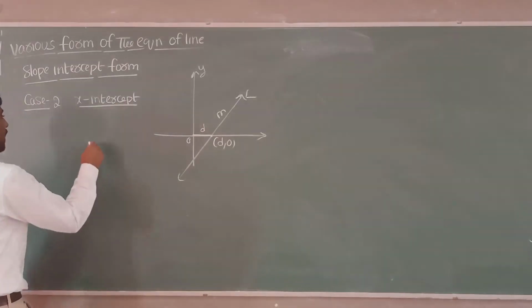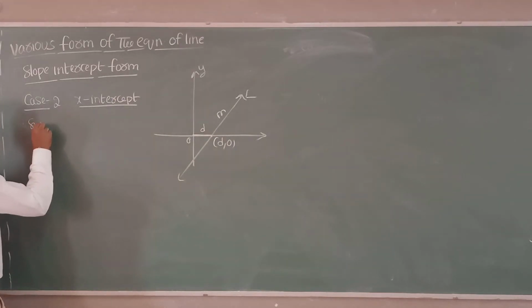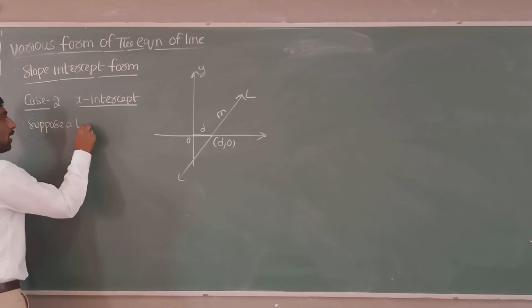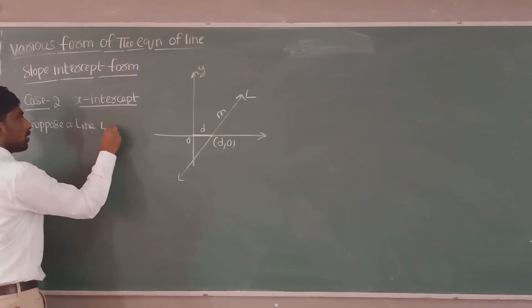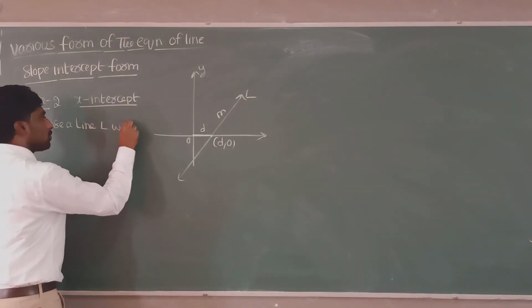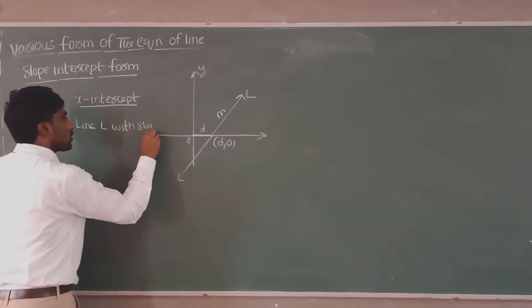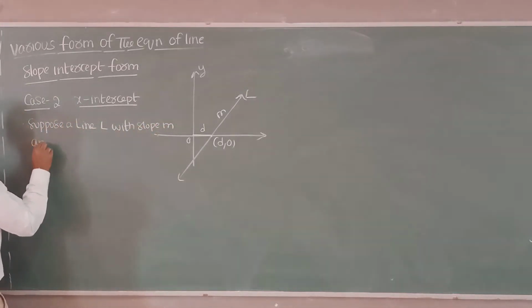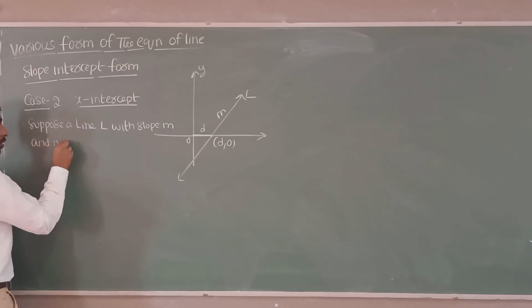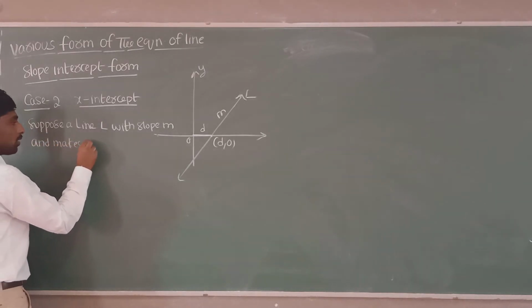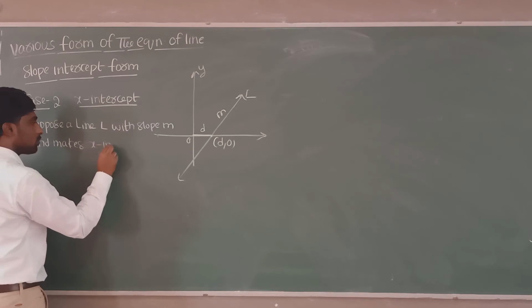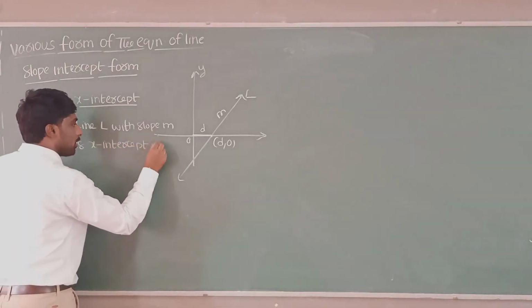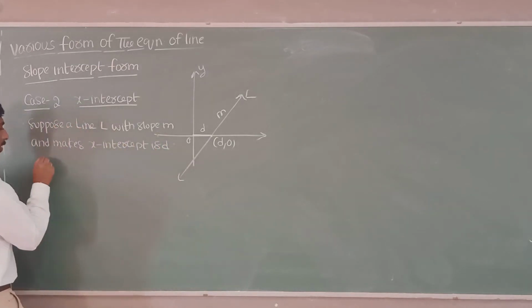Suppose a line L with slope m makes an x-intercept d. Then the equation of the line is